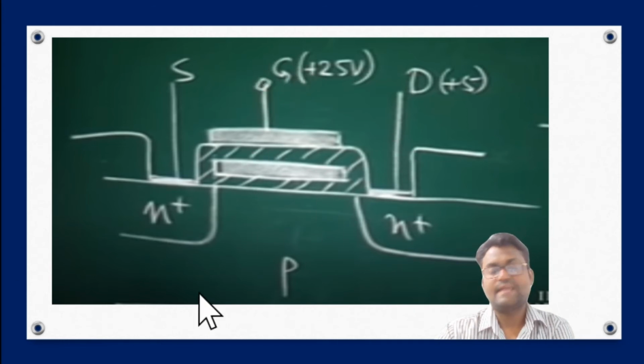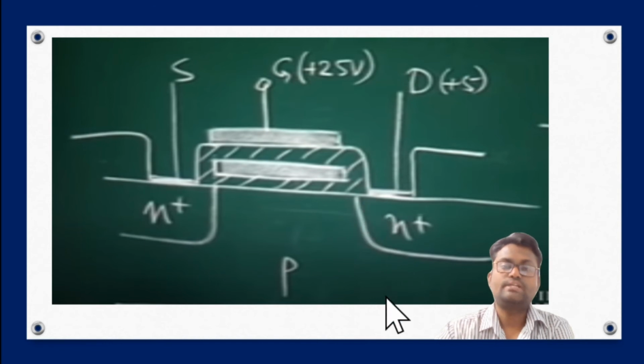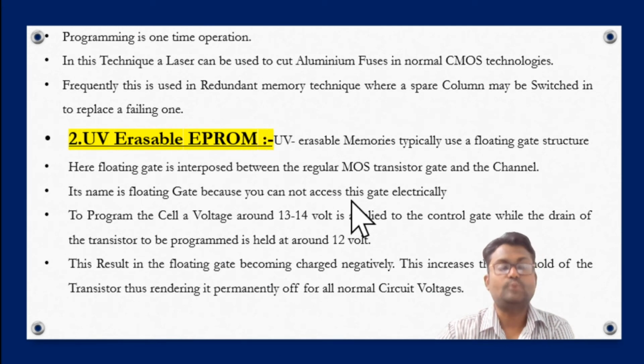When these electrons are doped in this floated gate, the gate is negatively charged, because we provide a very high voltage at this gate compared to the drain end. When the floated gate becomes negatively charged, the threshold voltage required to operate this device becomes very high. So at normal voltage it is not in the conducting stage, and we can say that certain data is stored in it. This is the working of this UV-PROM.